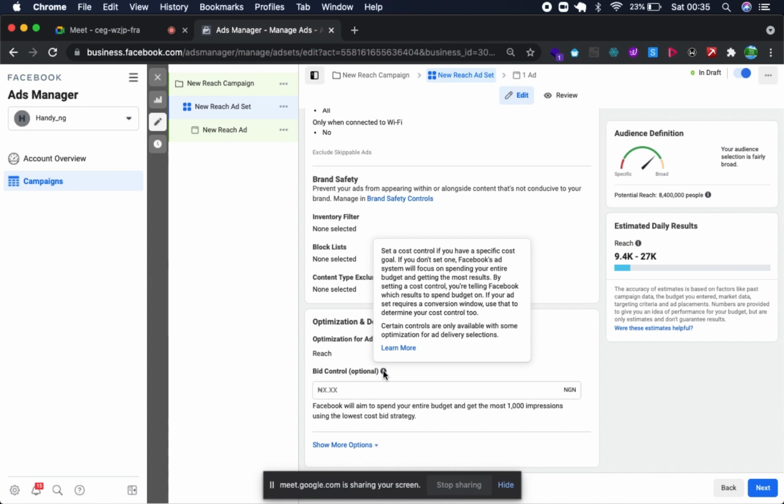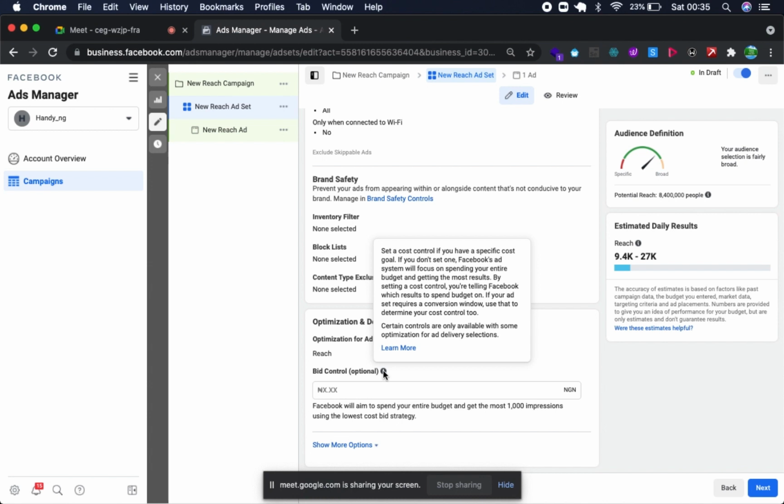So what Facebook will say is that the highest bidder comes first, the second highest bidder goes next, the third highest bidder goes next, and then the rest of the people would go and find some other place to go to. In most cases, when you set bid control for Instagram, because the bidding on Instagram is legit crazy, as big brands are advertising and small brands are advertising, the bid on Instagram is mad.